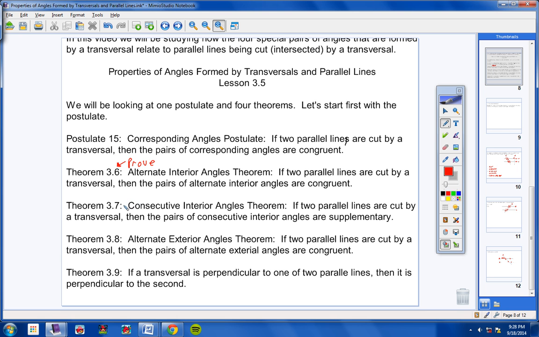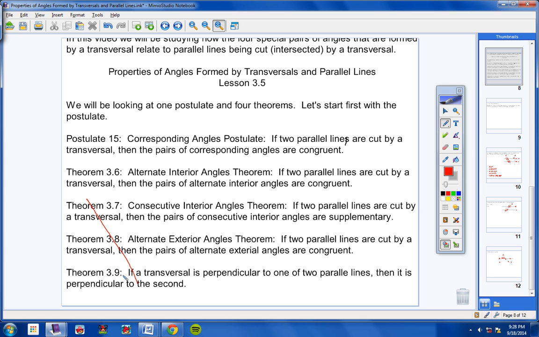Can I use Theorem 3.7? No, I cannot. Now, let's say I wanted to prove Theorem 3.8. Okay, now listen to me. Could I use Theorem 3.7 in my proof? Yes, I could. Could I use Theorem 3.6 in my proof? Yes, I could. Could I use Theorem 3.9 in my proof? No, I could not. So, understand, as I'm getting ready to prove Theorem 3.6 in a second, I cannot use